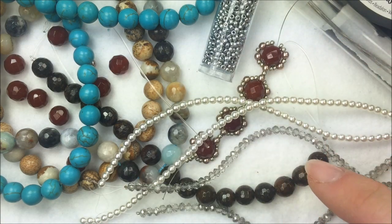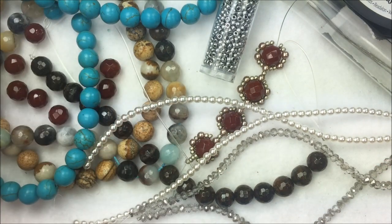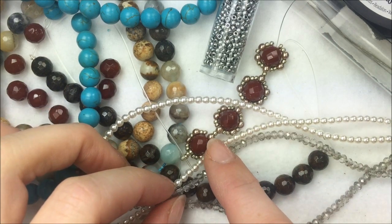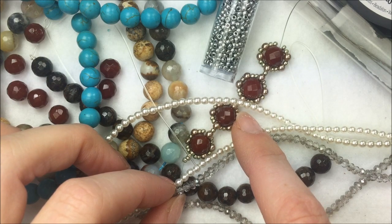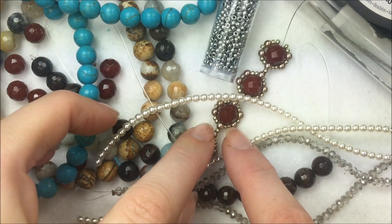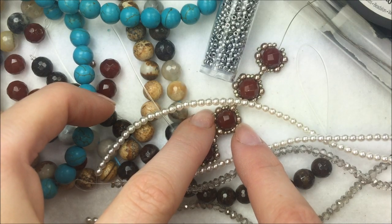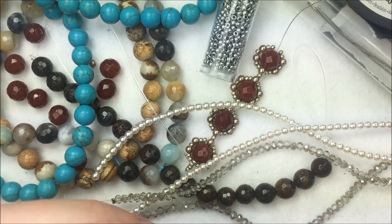You could also do a golden color, again keeping it neutral and letting the gemstones really stand out. Whether you want to do the crystals in the middle or the crystals on the outside, pattern-wise, that's up to you, and it will change the look a little bit. I'm going to be using pearls on the outside of my gemstones and then some crystals on the inside at the connection point. To string the whole thing, you can use size 3 or 4 silk cording, or